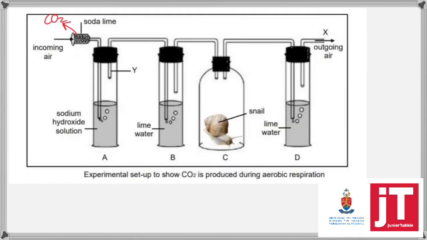Okay, so here we can see we've got incoming air into my system. I have soda lime at the onset, and what the soda lime does is it removes the CO2 from the atmospheric air, or should I say from the air that enters the system. I have my sodium hydroxide solution through which I am going to bubble the air as well. So there's a double control there for the removal of CO2, which means the gases that enter that first boiling tube